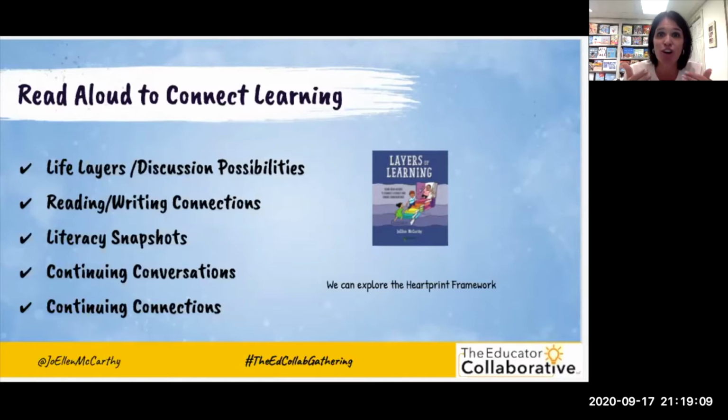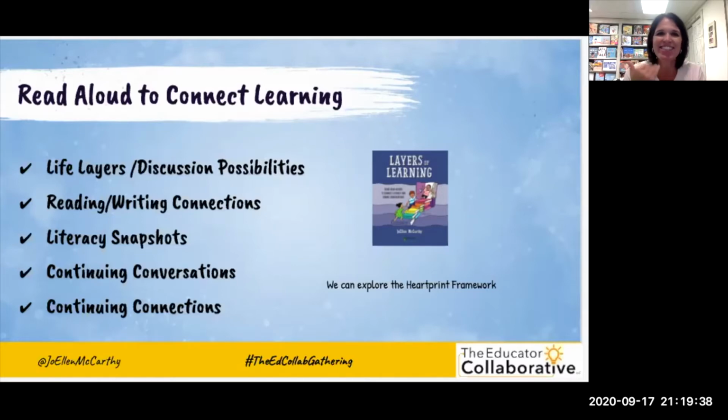That same book can be revisited during reading workshop or during writing workshop. And then we can think about ways to extend the conversation beyond the book, to literacy snapshots, the halls and walls that teach. How are kids responding to that text, maybe through art, maybe through their own examples of poetry or visual demonstration, and a variety of examples that I'll show you in a moment.